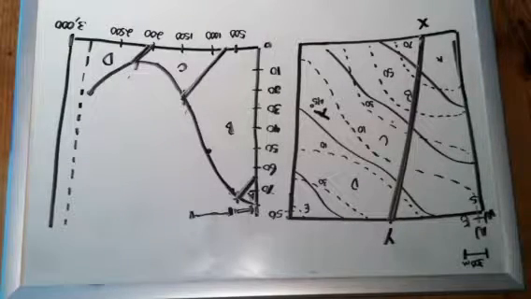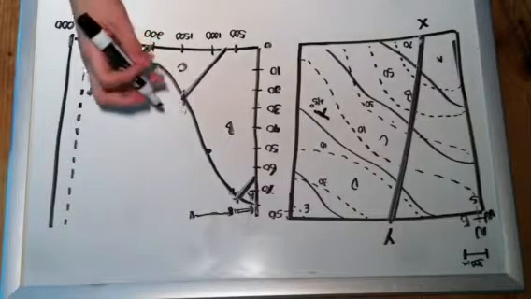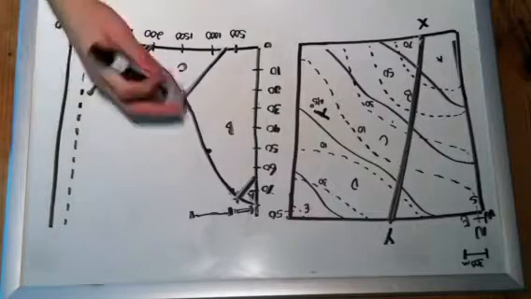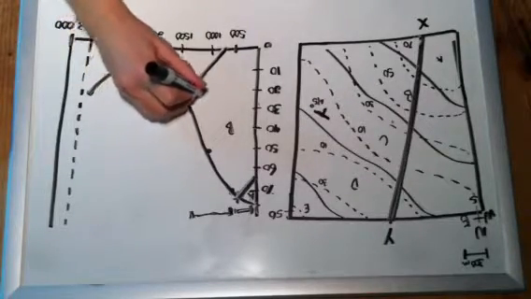Oh, I will mention, though, that if all of your strata were not dipping evenly, you would need more information to be given, and you would most likely have to look at other cross-sections of the strata in order to determine, okay, which one was deposited first. So maybe you would have to date them or something. Because think about it, if, for example, C were at a lower angle than B, and it were going kind of like this,